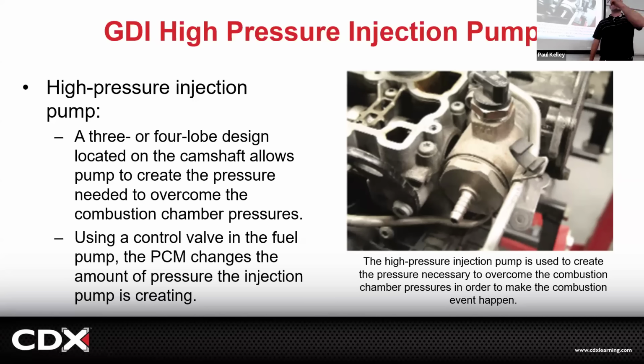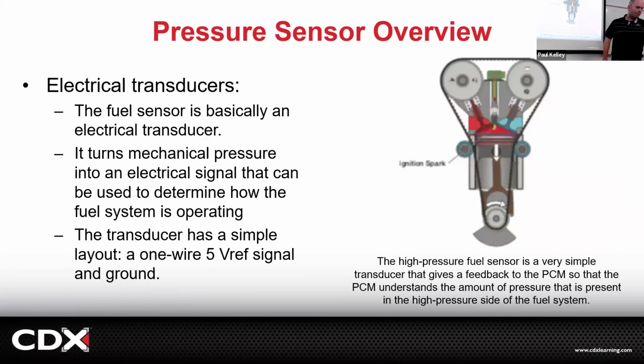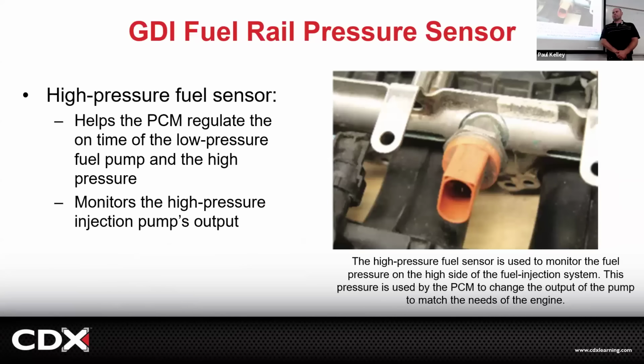How do you think you'd know if this is making enough pressure or not? It will explode that gauge. Don't even think about a gauge. Connect the scan tool, yes. Monitor this pressure sensor. If it's supposed to be 4,000 and you look and it's like, hey, this thing's only making like 250 PSI on the fuel rail,